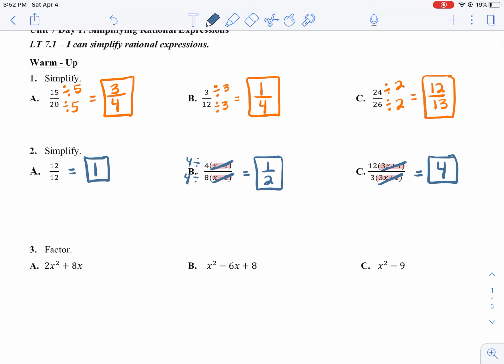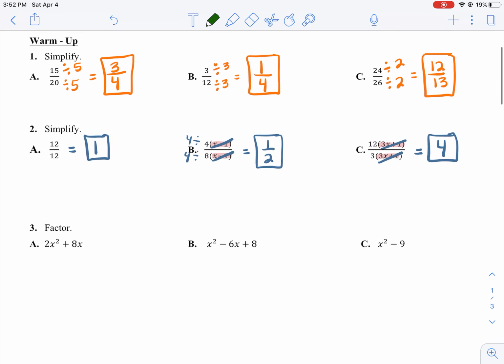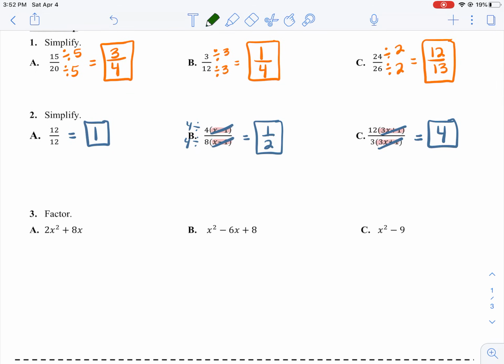All right, so that's going to be part of the skill set that we're going to be using on today's problems. The other thing we need to review is how to factor quadratics. Okay, so there's 3 types of factoring problems that we talked about. The first one is a GCF problem. So if I ask you to factor 2x squared plus 8x, you're going to start by finding the GCF,